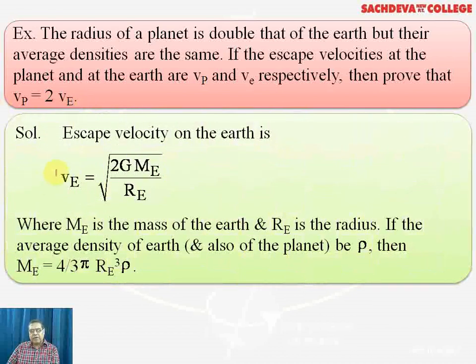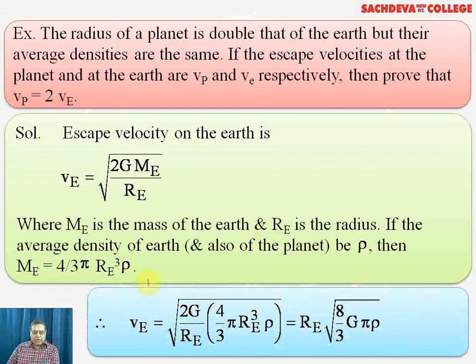First of all, we use the formula of escape velocity. Now, what is the formula for the escape velocity? That is Ve is equal to under root 2GMe over Re. Me stands for mass of Earth, Re stands for radius of Earth, and G stands for the gravitational constant. So all these facts are mentioned, and rho is the density. And M is taken as mass is density into volume. So density into volume means density is rho and volume is 4 over 3 pi r cube.